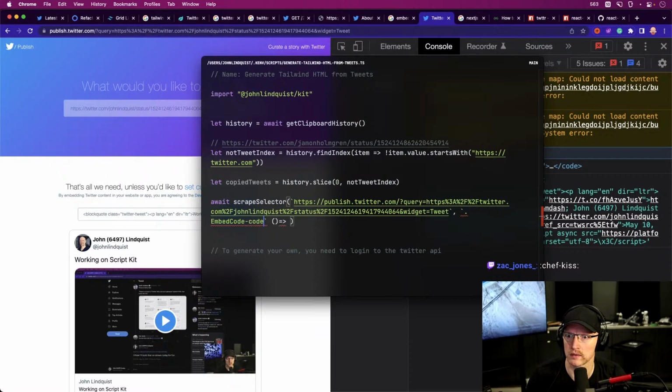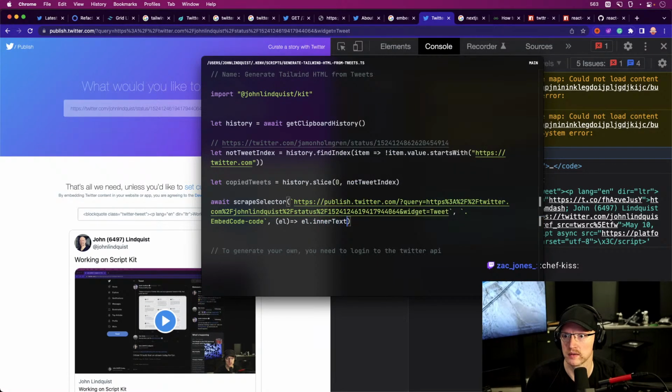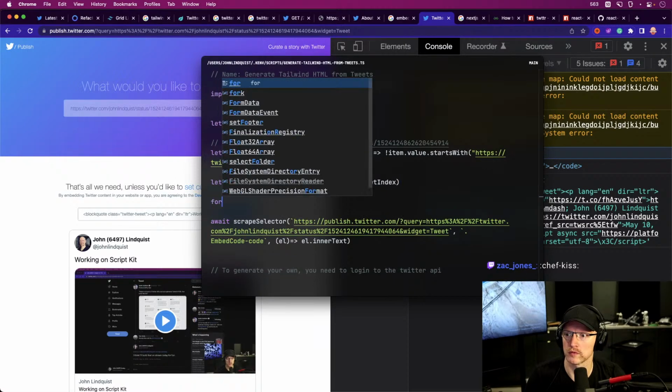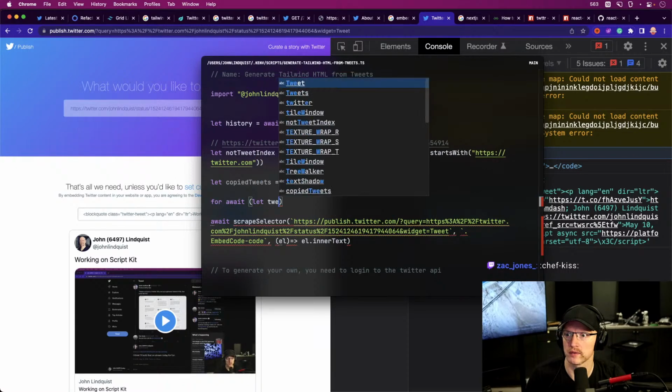And is it supposed to be something else? Oh, it needs a comma, that's fine. Element, an element dot inner text. All right, so for await let tweet